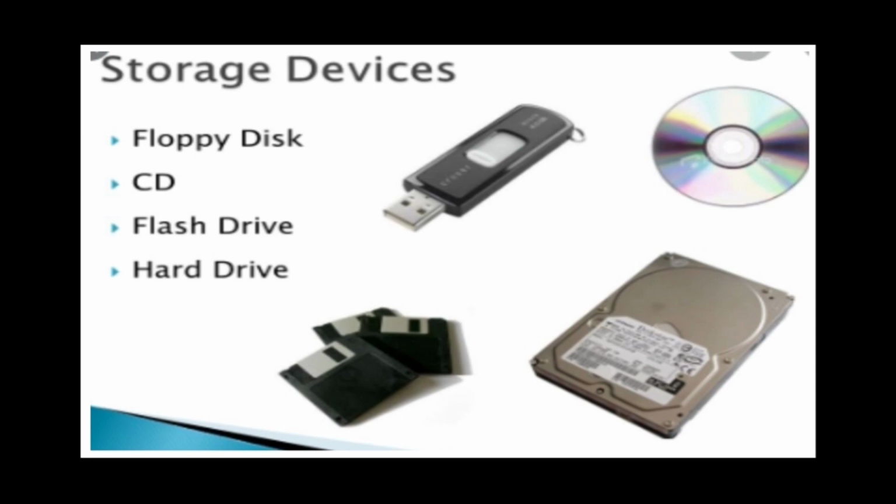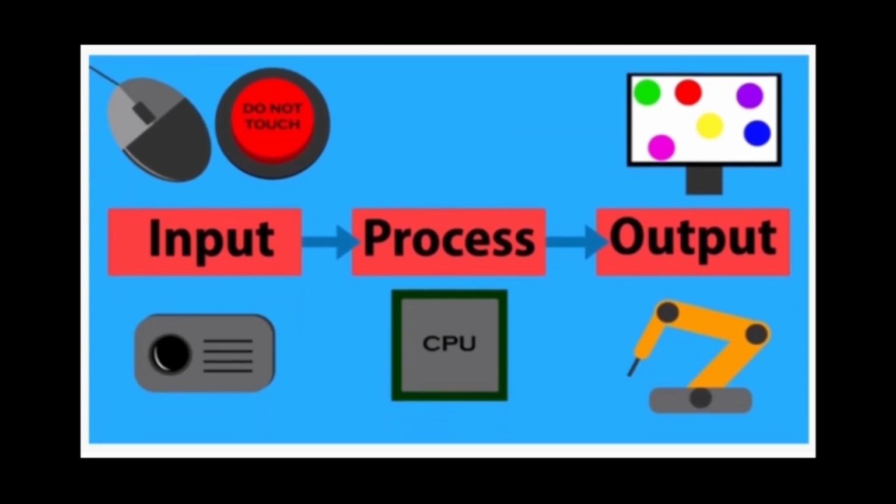Now children, next I want to show you the main process, or we can say the cycle of input, process, output. With the mouse or keyboard, input will be given, then the CPU will process that data, and after that the CPU sends all the data to output devices like monitor. So it is an example of input, process and output.